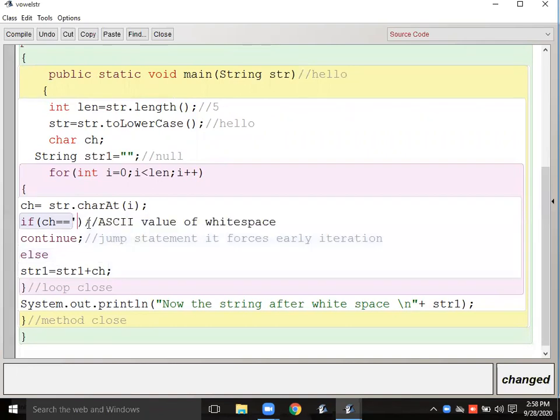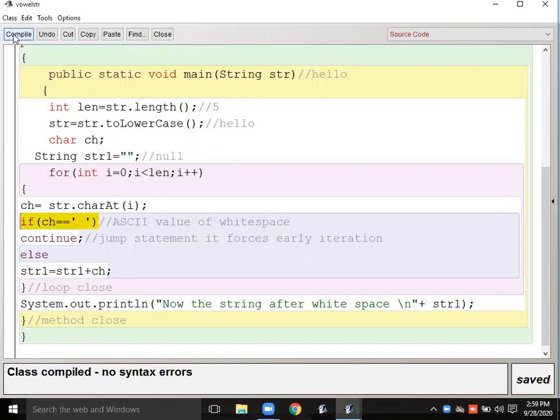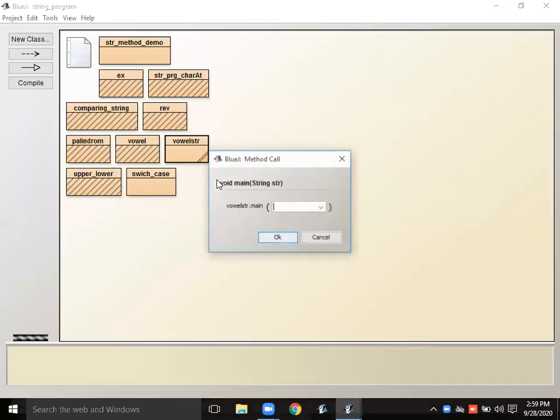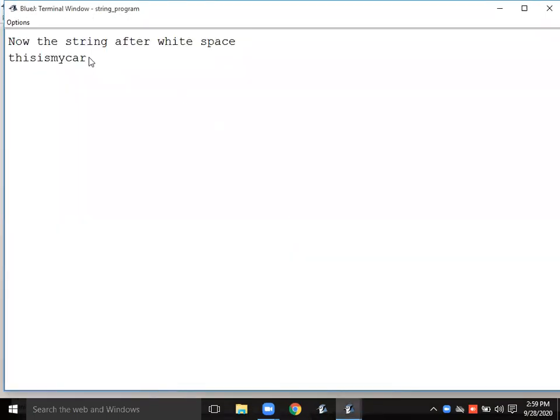Again, single quote, space, single quote. That also you can use. See that? Compile, then execute. Same value. We'll check whether it is working. Yes, this is also working.